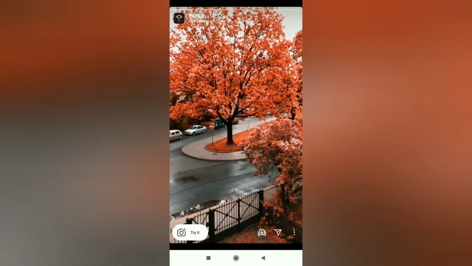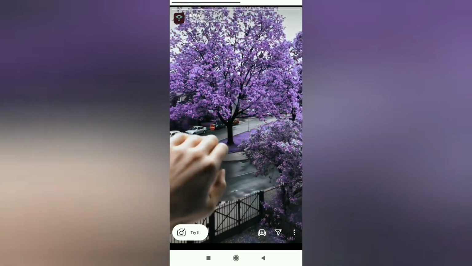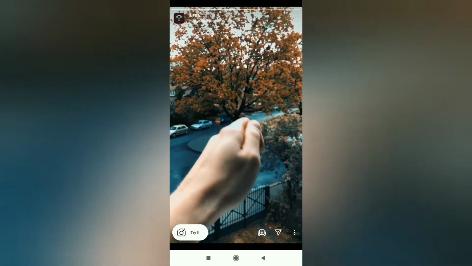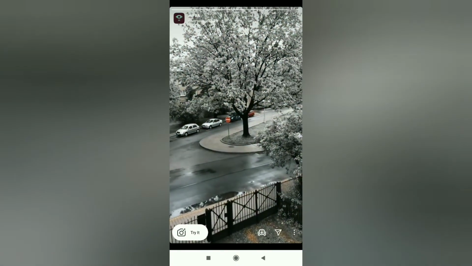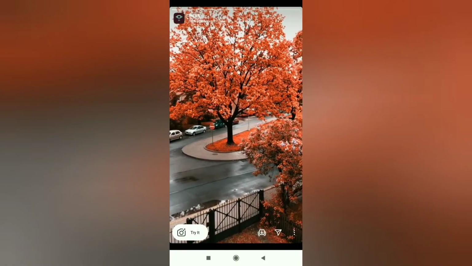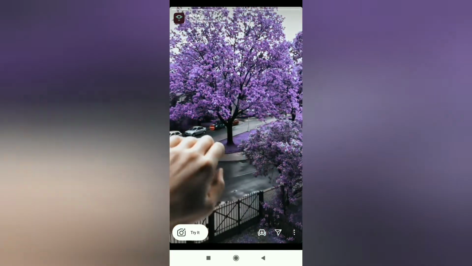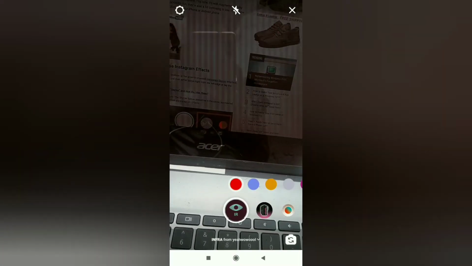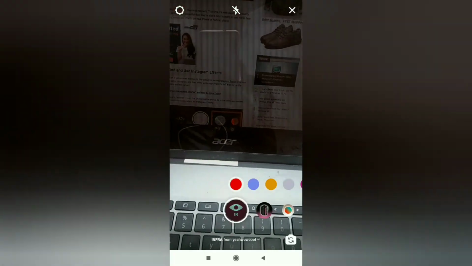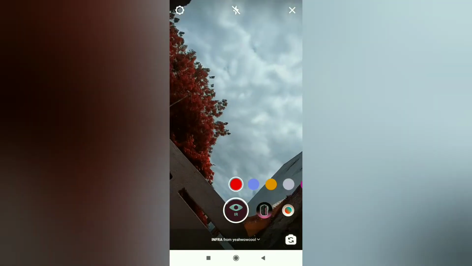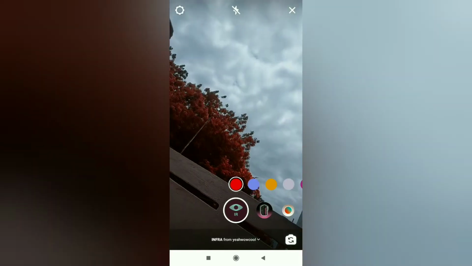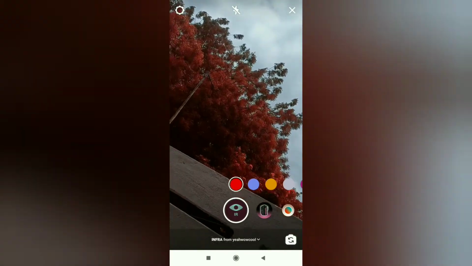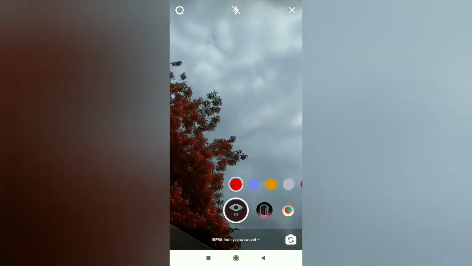If you like this particular effect, you can simply click on the option that is save, wherein the effect will be saved, and you can directly click on it and start using it. Or else if you would like to try how exactly this looks, you can click on the option that says try it, which I'm gonna do now. Let me just flip the camera to the greenery part, and here we go. See, I'll be able to zoom in. If you can see, the greenery around has changed into a teal color, and even the sky has also changed.